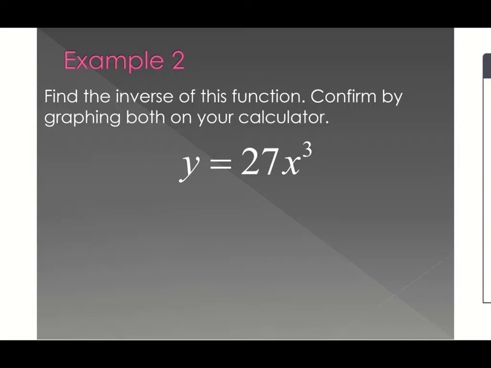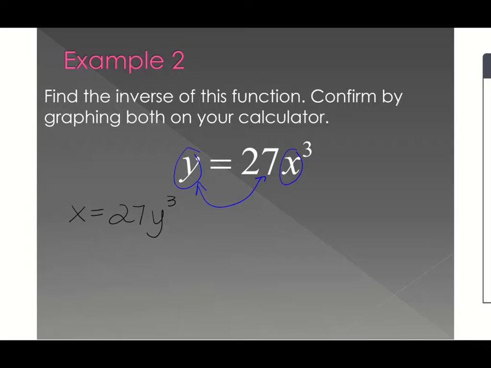So example number 2 says find the inverse of this function and then confirm by graphing both on your calculator. So you're going to want to have your graphing calculator out. So if we want to find the inverse, well, we have y and x, so to find our inverse, we have to switch. So if I were to rewrite this, I would have x is equal to 27y